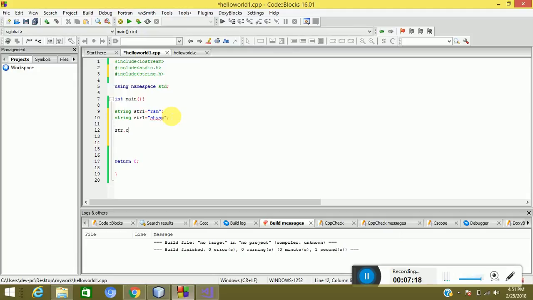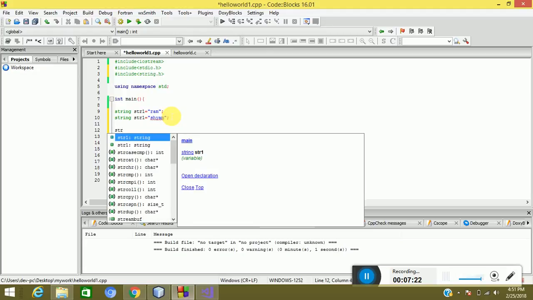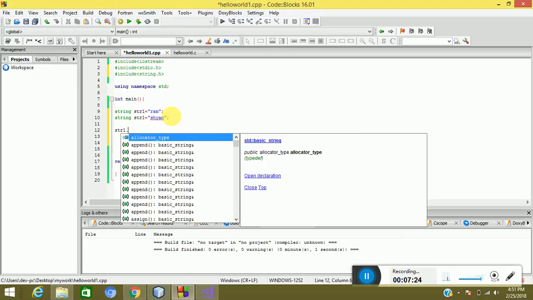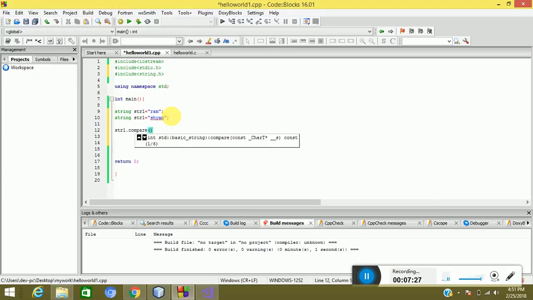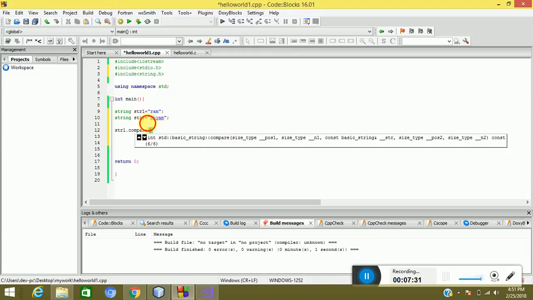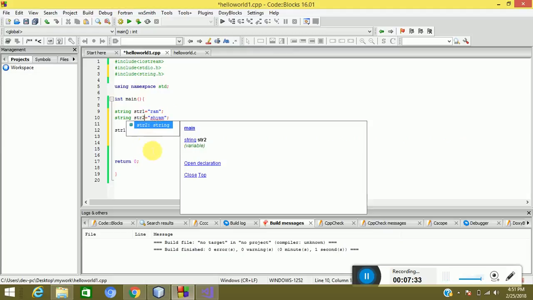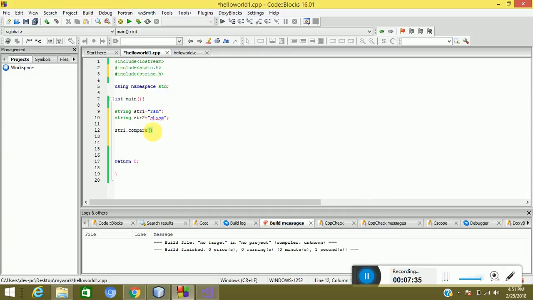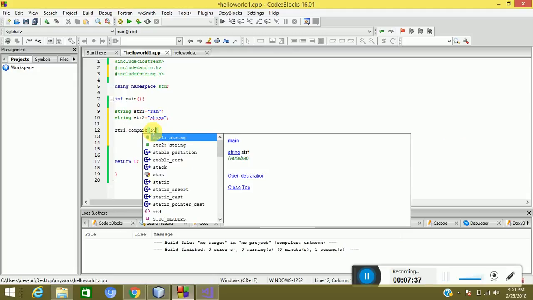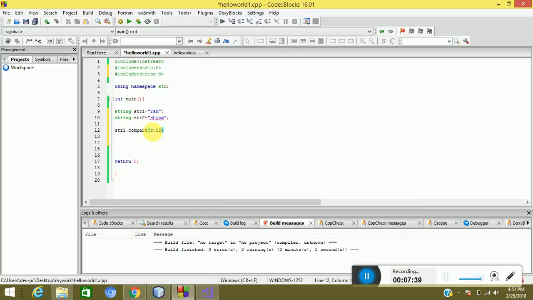And if you want to compare two strings, str1 dot compare, and inside that, since you haven't changed the variable name, put str2, and then it returns some value for it. So int high,